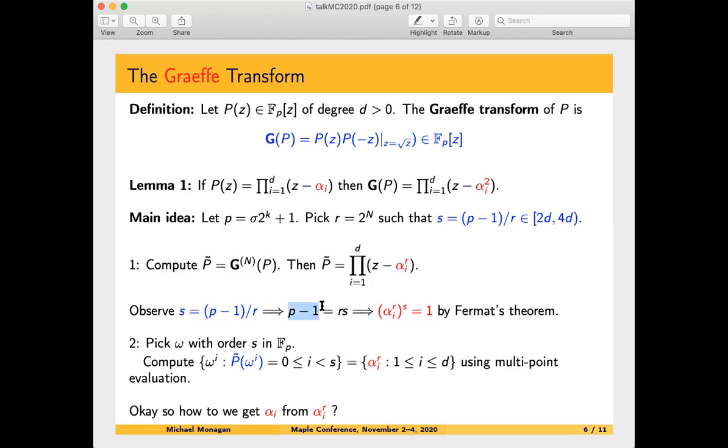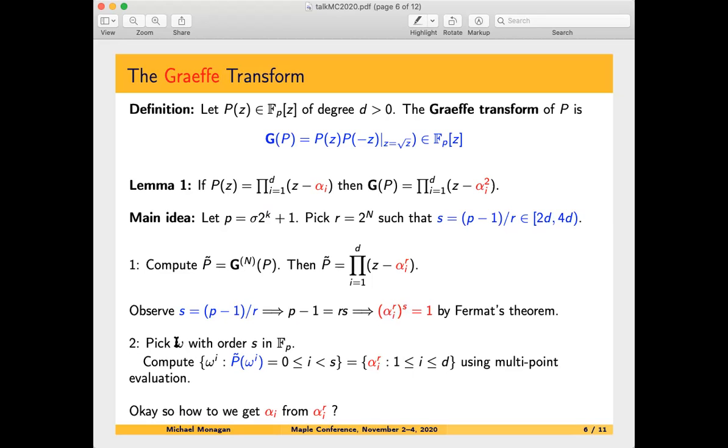From that, you can see that p minus 1 equals r times s. And from that, alpha_i to the s is alpha_i to the p minus 1, which is 1 by Fermat's little theorem. So what this means is that alpha_i to the r, the transform roots, are s roots of unity. And the idea is to compute not alpha_i, but the rth powers of alpha_i using brute